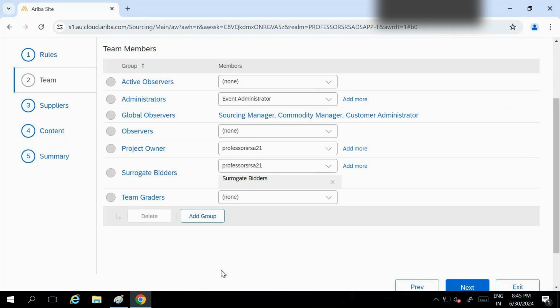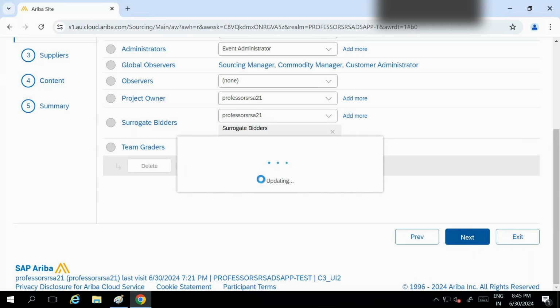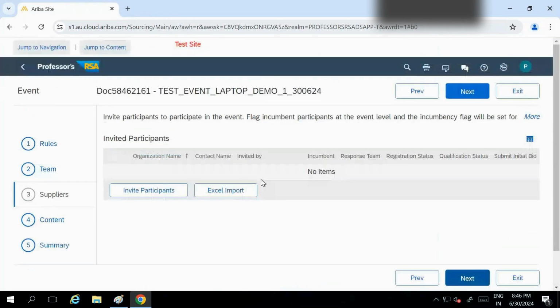But this is an auditor point. You have to submit an explanation for why you did the surrogate bid. So you have to mention that the supplier is not available, he sent me the message. You have to put those things in the loop for management also, because it will clearly show that this is the surrogate bid. I'll show you how it looks. So simply, if your supplier is not available, you can use that. Very rarely you can use it, don't misuse this particular group.